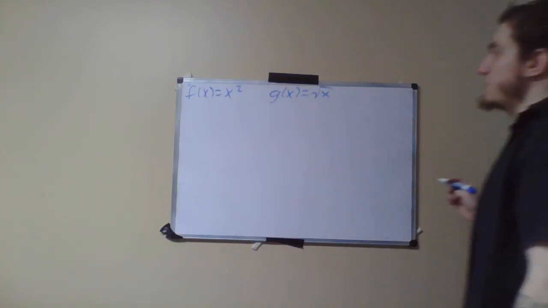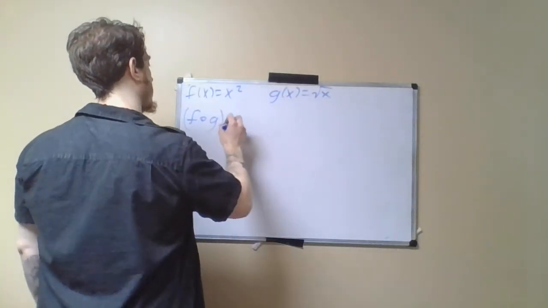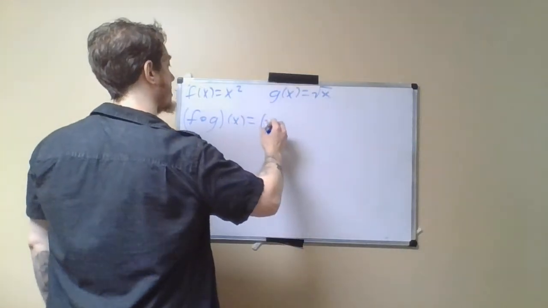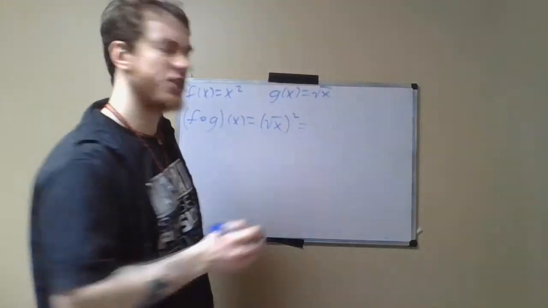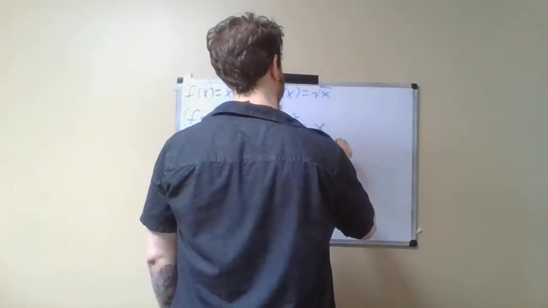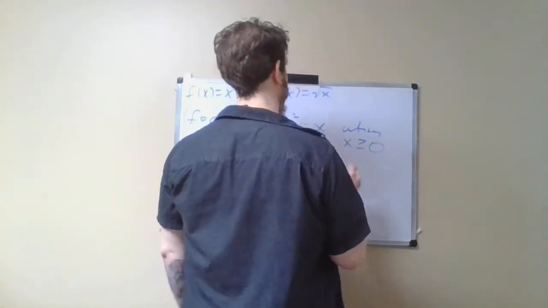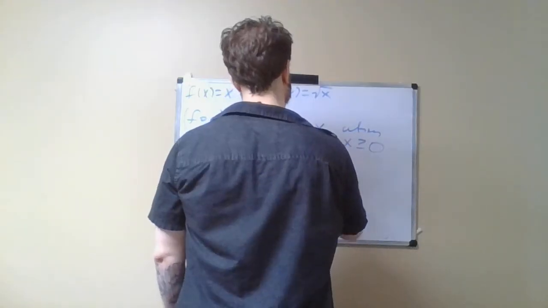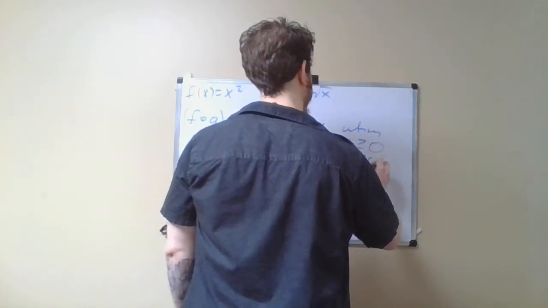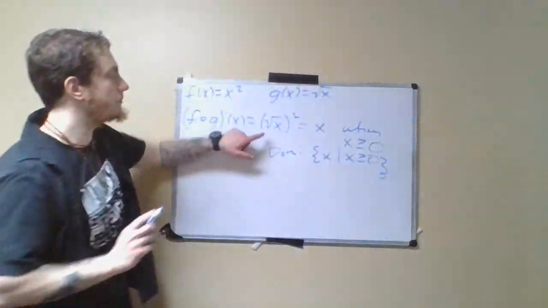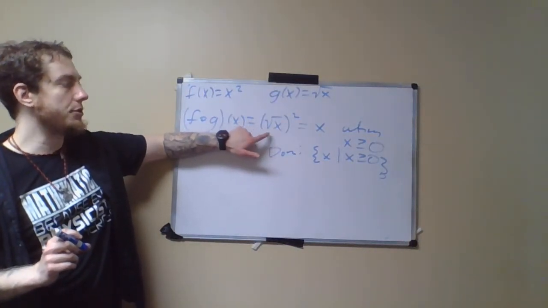Well, in this case, when I do f composed with g of x, this is going to be the square root of x squared, which kind of looks like it should just be x, but really that's only true when x is bigger than or equal to 0. And in fact, the domain here is going to be the set of x such that x is bigger than or equal to 0, because if x were negative, then I'm not allowed to actually take the square root of the negative number